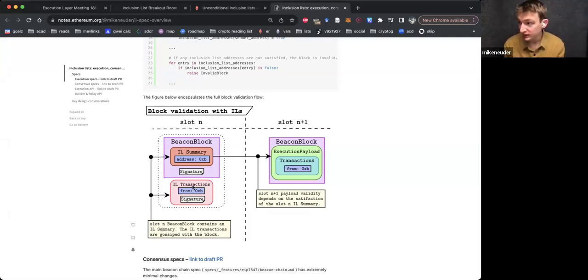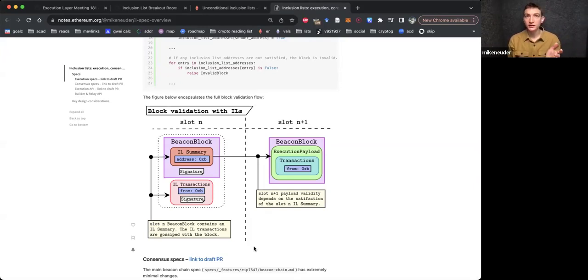I think we generally are opposed to this, mostly because it opens up this weird behavior where the slot N proposer can commit to their inclusion list very late into their slot. In this version, the slot N proposer has to commit to the inclusion list by the time they publish the beacon block, which is, I guess, by the attestation deadline, T=4. In the other version, I, as the slot N proposer, could be bribed to give the slot N+1 proposer a very late inclusion list that has a different set of transactions and a different summary.